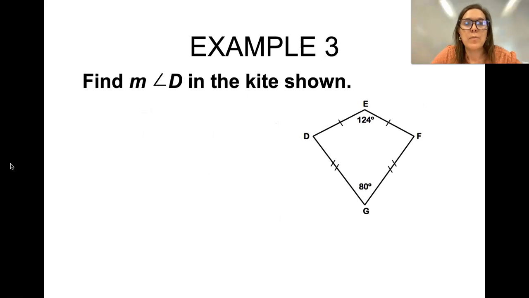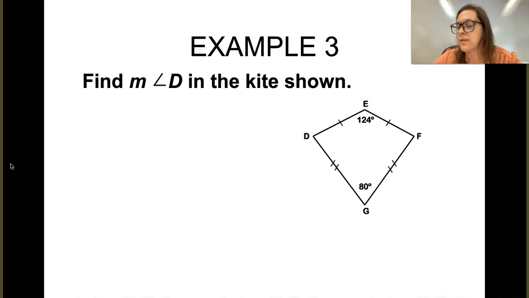So in this example, we're asked to find the measure of angle D in the following kite. Where are your congruent angles going to be? Well, here and here. I know that all four of those angles should add up to 360 degrees. Since these are both the same, I can make these both be an x. Now I have something inside all four of those angles, so I can add them all together and equal them to 360. So x plus